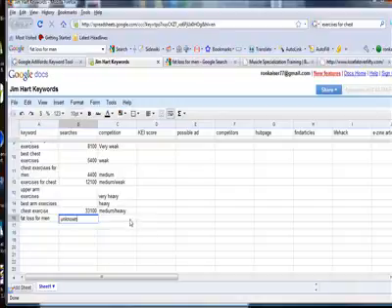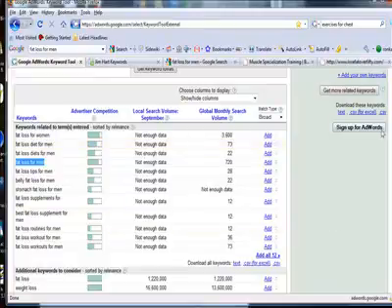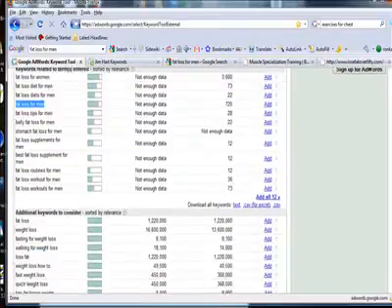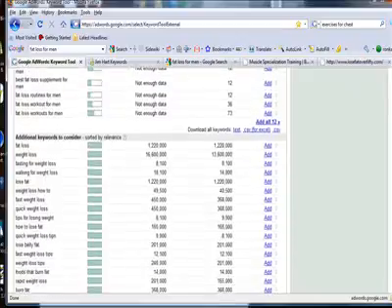I'm going to write unknown for now, and there's other ways for us to find that. And I'm going to write the competition as medium heavy, so it's potentially something that we can compete for.